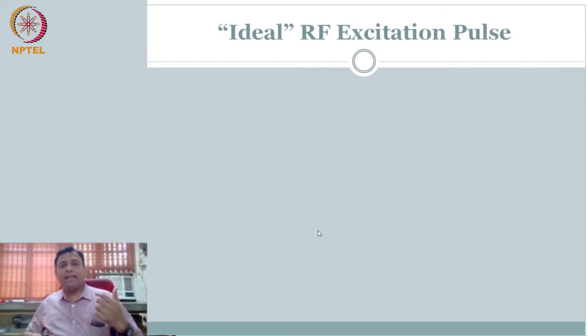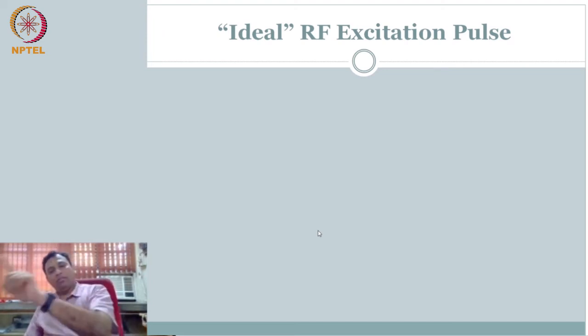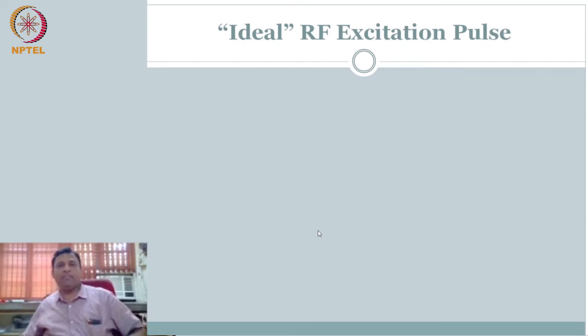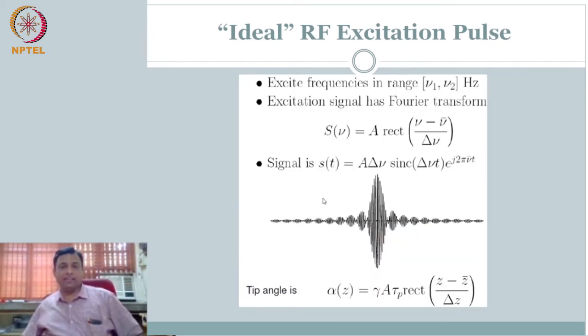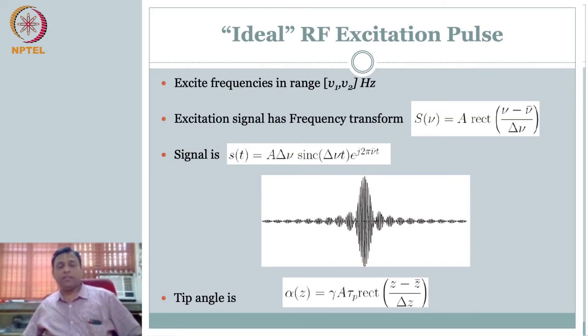Okay. So now, we have seen that we have to apply RF excitation within a chosen bandwidth. What is ideal RF excitation? That means it is hard limiting. That is, the frequency response is a rect, meaning I have all the frequencies only between V1 and V2. Just after I cross V1 or V2 on either side, I don't have any signal, right? That is your ideal rect signal. So excite frequencies only in this range, V1 and V2.